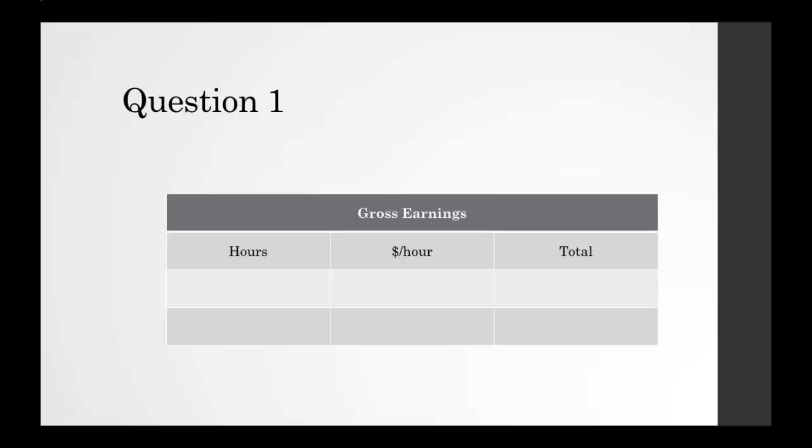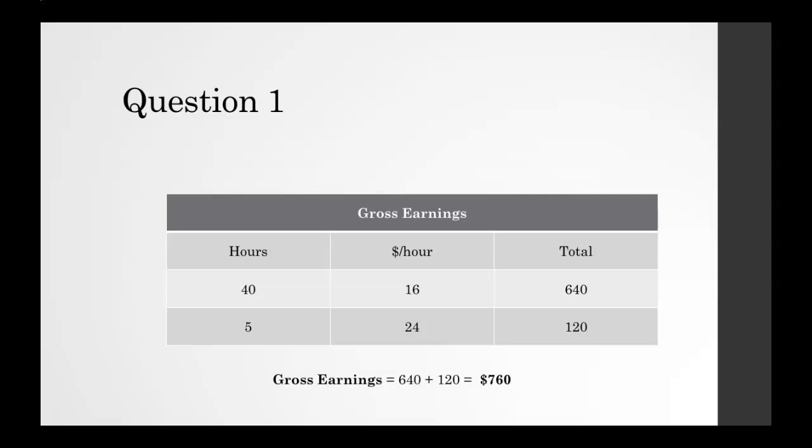So let's figure out her gross earnings. Her gross earnings is the amount of money that she earned, right? We were told that she worked 45 hours. So the first 40 hours of the week, that's her regular pay, and then she worked 5 hours of overtime, right? Her regular pay is $16 per hour. Overtime pay is $24 per hour. So then we just multiply across this table: 40 hours times $16 per hour and 5 hours times $24 per hour gets us our total amounts, right?